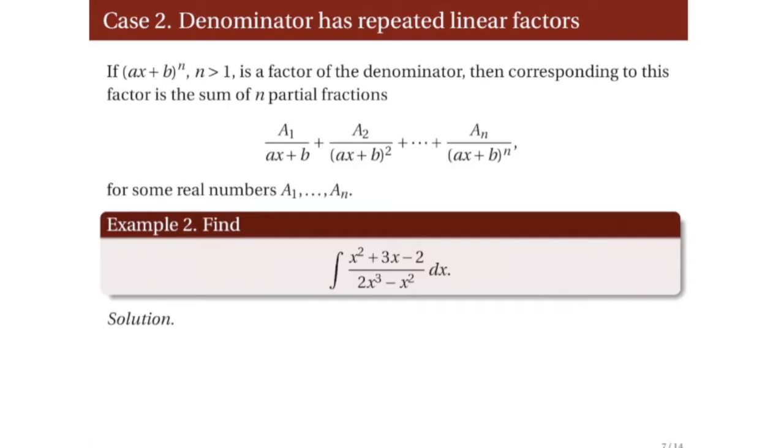fractions. So if you'd recall dun sa case na distinct yung linear factors, meron ka lang isa per linear factor na nasa denominator. Pero kapag meron kang ax plus b to the n, meron kang n din na linear factors. Pero hindi siya puro ax plus b lang yung denominator. For this case, the first partial fraction would have denominator ax plus b. Yung second, if you notice here, would be ax plus b squared until you have here ax plus b to